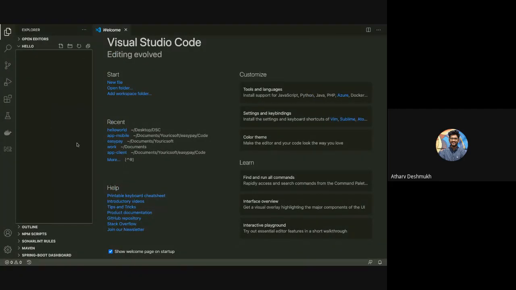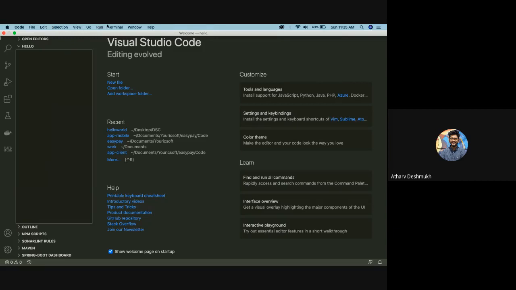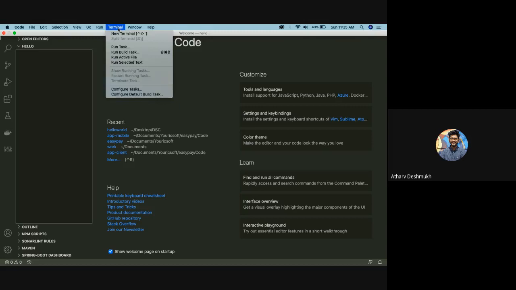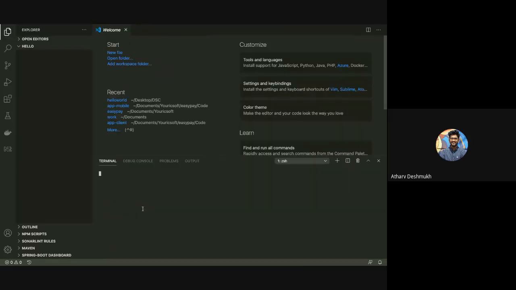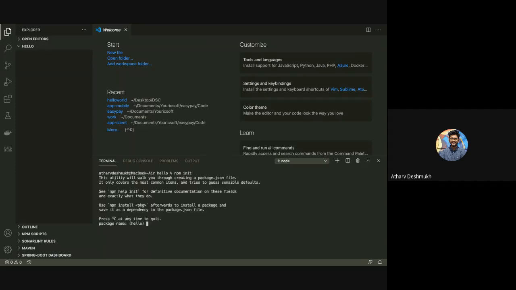After this folder is imported, I have to start my npm, right? Because we have installed Node and we want to use that Node. For that we have one command, that is npm. This is Node package manager. From here we will be creating all our dependency injections and all. So here I will just create my first Node project. For that I will be saying npm init. It will be initializing my project.